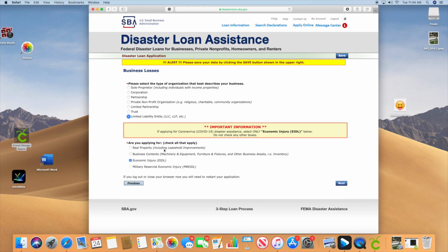Whatever you click here is going to determine what forms you have, so everyone won't have the same forms. There's a different form for a sole proprietor as opposed to an LLC. So just make sure that you click the right ones, because this will determine your form. That's a good reason to apply online, because you don't want to pick the wrong stuff doing paper and send in the wrong information. If you do it online, it's much easier. Just get someone to help you or walk through it with you.